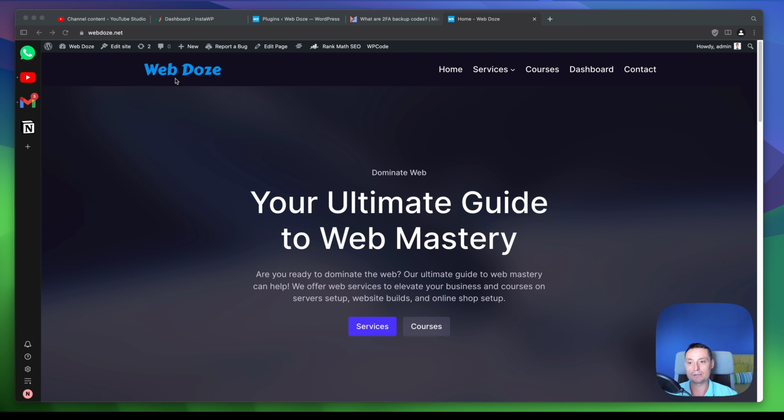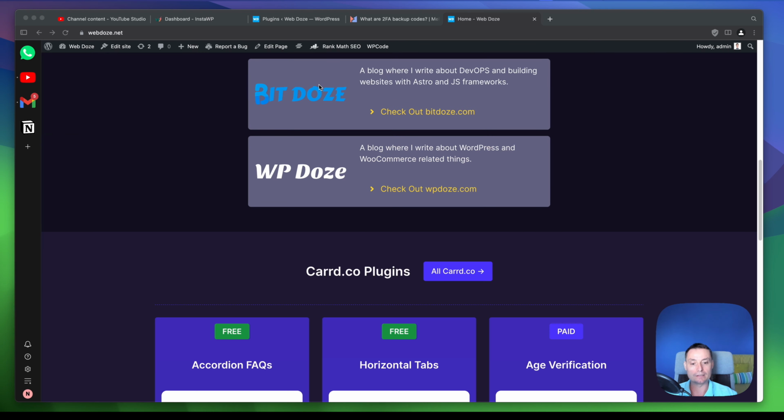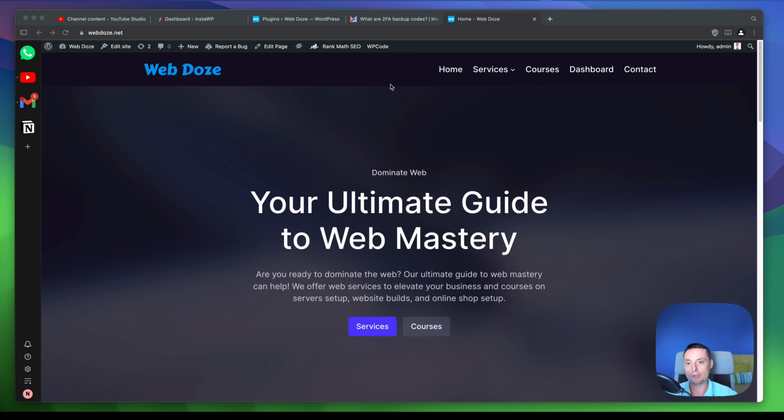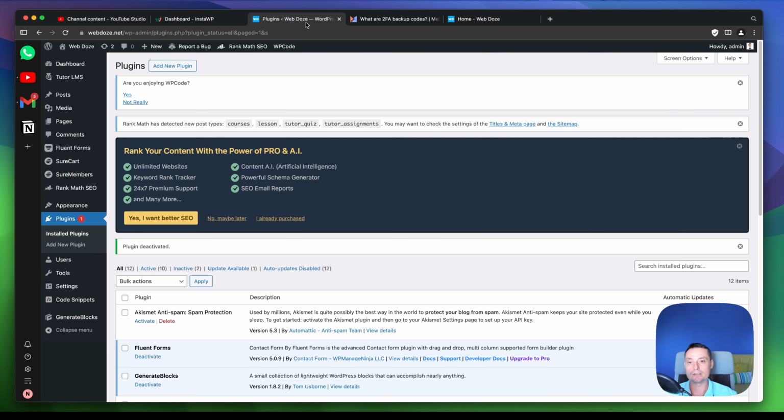I have here a WordPress installation, WebDAS, and in here I have a couple of services with some products, and I want to enhance the security of these websites with two-factor authentication for the admin users. So if someone logs in with the admin user, they'll go through this two-factor authentication and be prompted to add an extra code. To do this we're going to need to use a plugin, and we need to install it first,